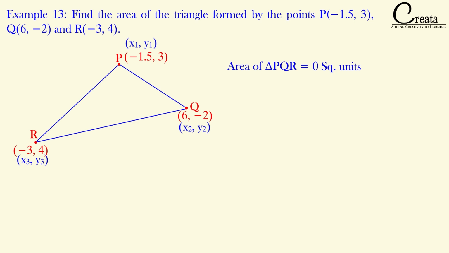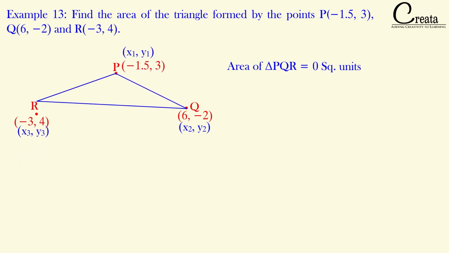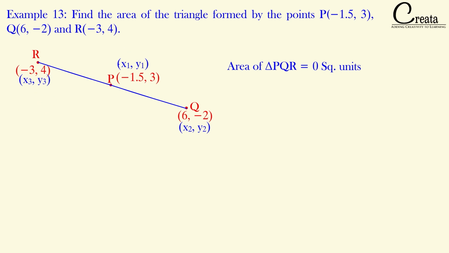The case is that all the 3 points, that is P, Q and R, are collinear points. Means all these 3 points are coming in a straight line. If any of the 3 points are coming on a straight line, then the triangle cannot be formed. Only a straight line will be formed. Okay. So we got that area of this triangle is 0, which means that the points P, Q and R